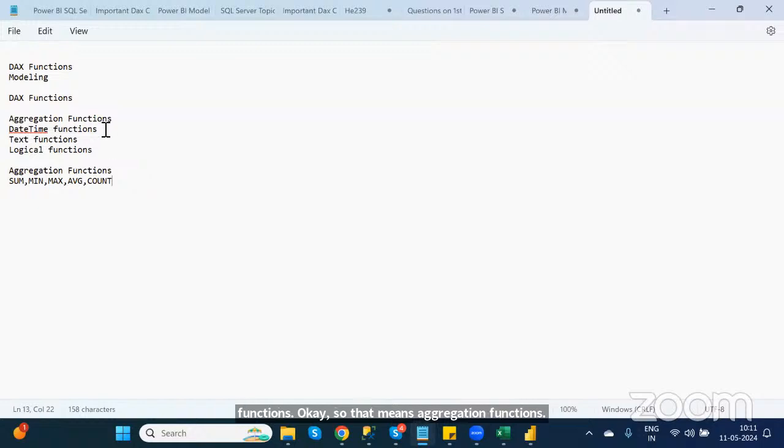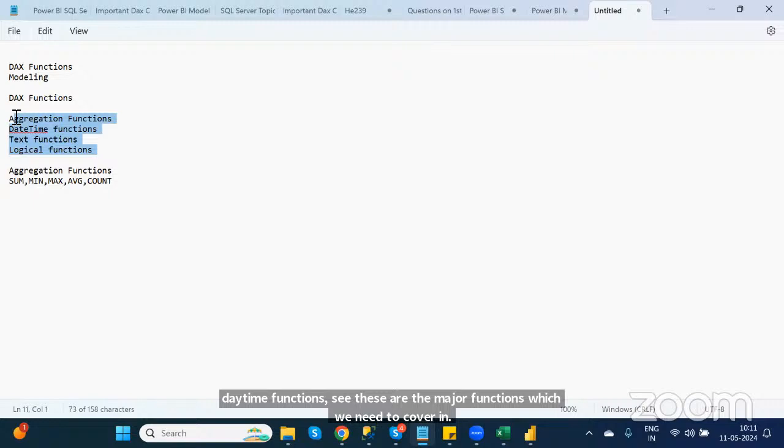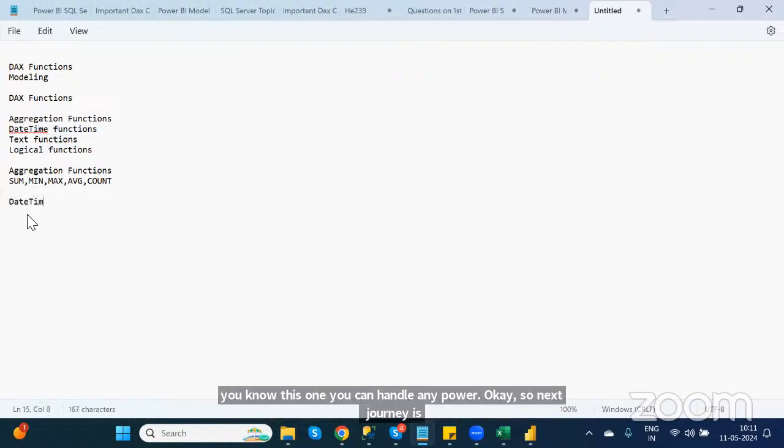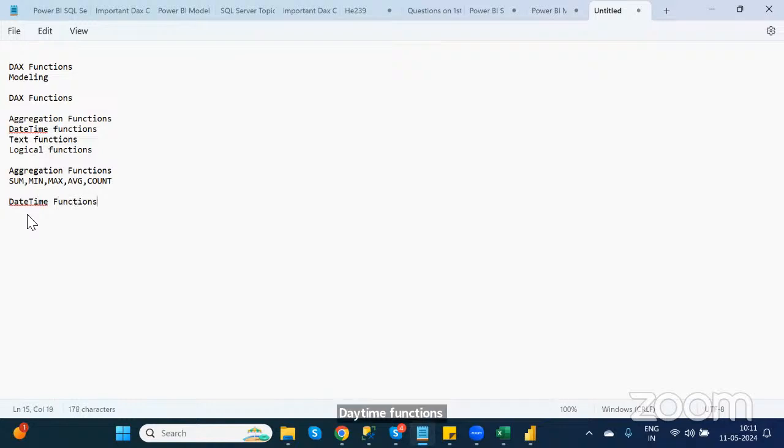Understand clearly? Next one is datetime functions. These are the major functions which we need to cover in DAX functions. If you know this one, you can handle any Power BI. So next one is datetime functions. In datetime functions, there are different functions like calendar, and day function, month function, year function, and